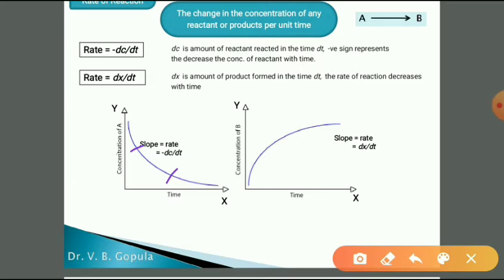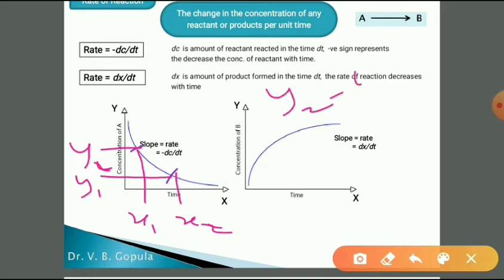If you plot them on the y-axis and also on the x-axis, we will get four different points: x1, x2, y1 and y2. Now if you take the ratio, that means y2 minus y1 divided by x2 minus x1,